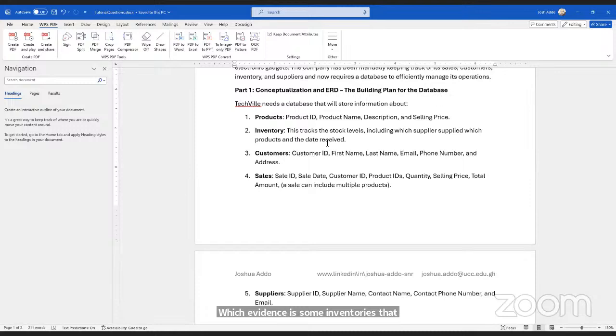So we go to the inventory database. As we are entering that inventory, we invoke an ID for that transaction in the inventory table. So that will be the inventory ID.